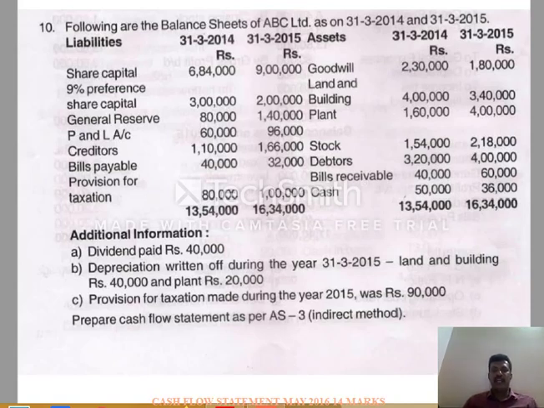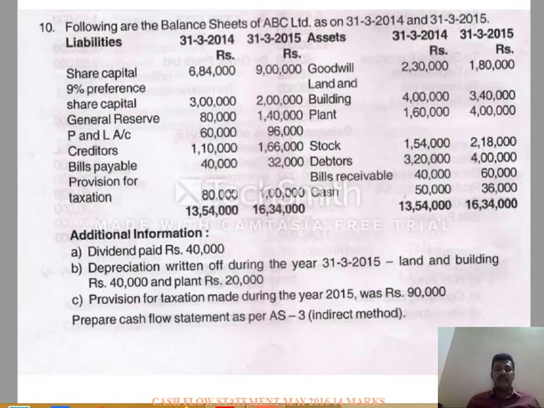So for the preparation of cash flow statement, first we have to prepare the ledger accounts for the adjustment items. So here the first adjustment is dividend paid, and it will be adjusted in the cash flow statement directly. Dividends will be paid out of profits of the company, and therefore it should be added to the profit of the current year under first part of cash flow statement, that is cash flow from operating activities. And then dividends will be paid to the shareholders, therefore it will also come under cash flow from financing activities.